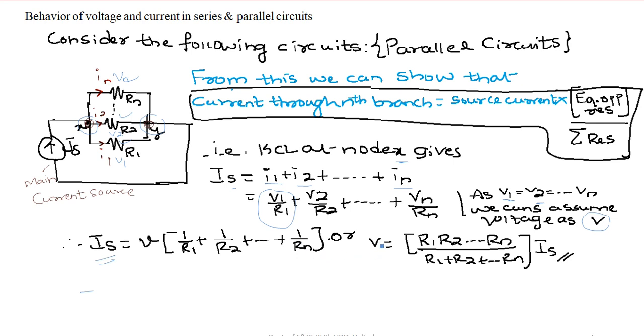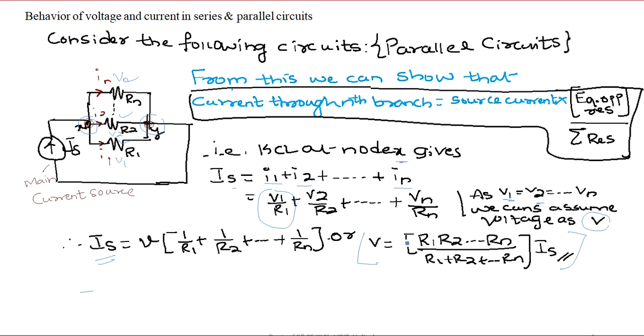Now, if I want to calculate the current through any nth branch,